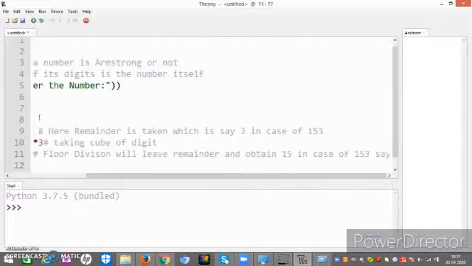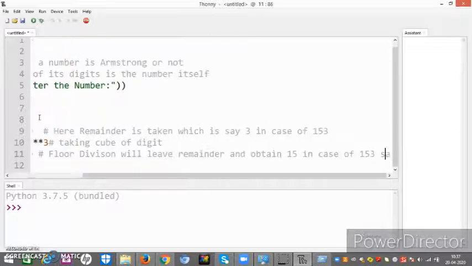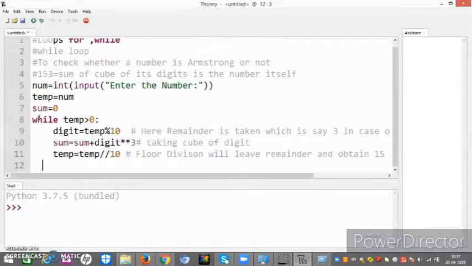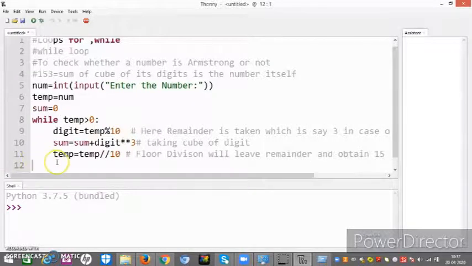Now what I have to do is, now my number is stored in sum itself, so I have to check if num is equal to sum.